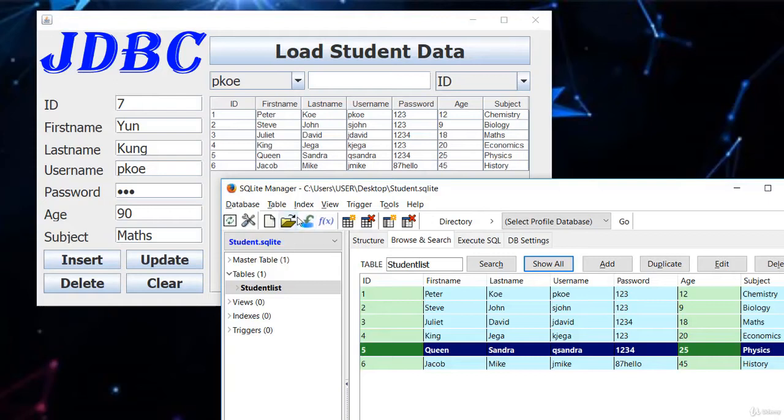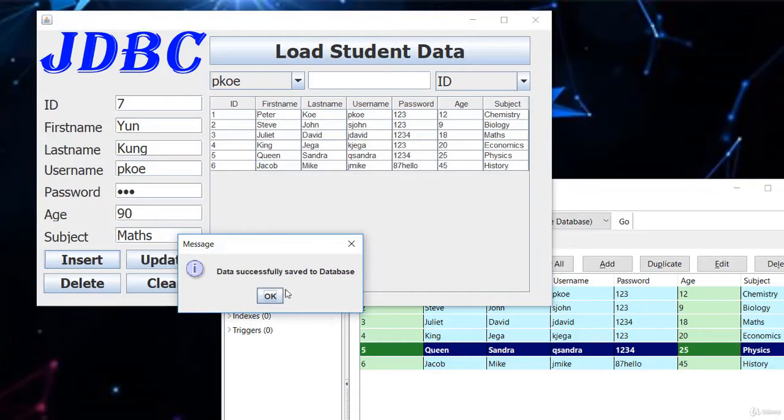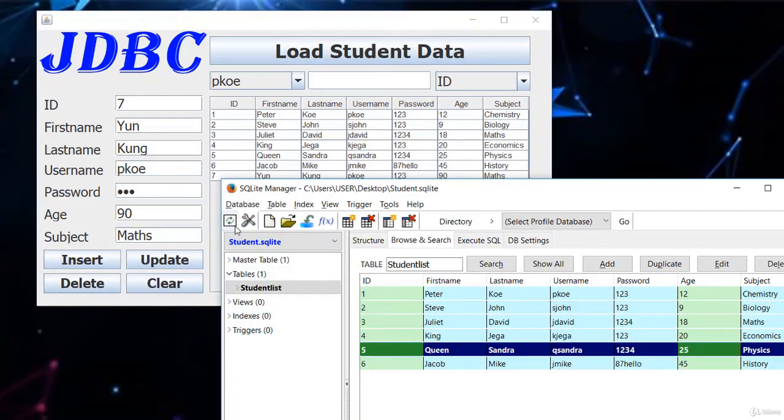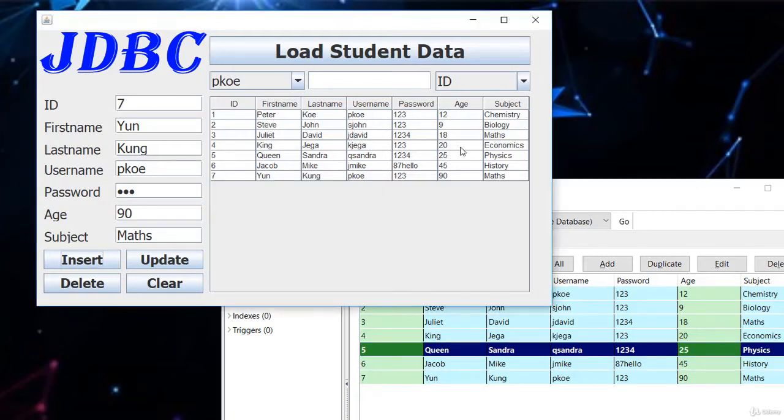So I believe that you can see that this is really working out fine. If I hit insert again, data successfully inserted, ID 7 is back inserted, and hit the refresh button, ID 7 is back again. So we are going to look in depth at this. I'll be teaching you how to create this table, how to create all these fields so that you can be able to insert,